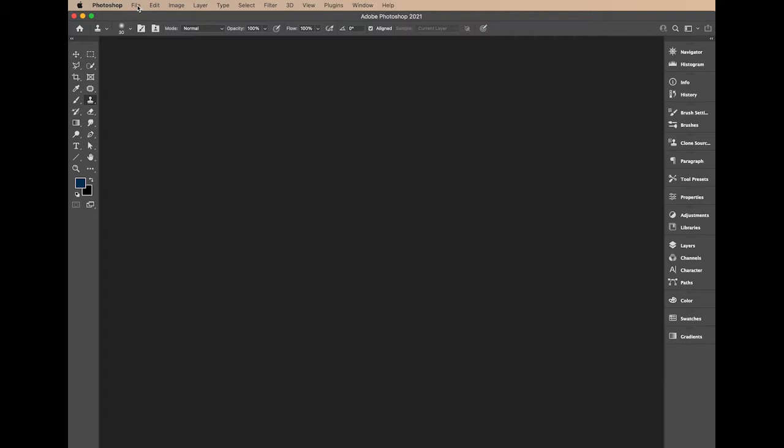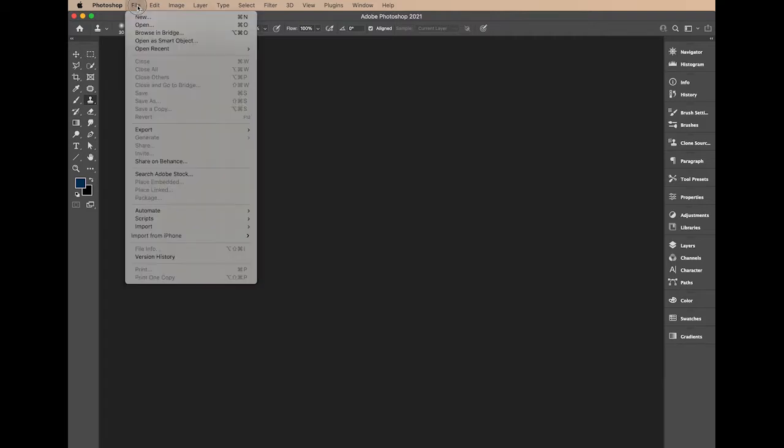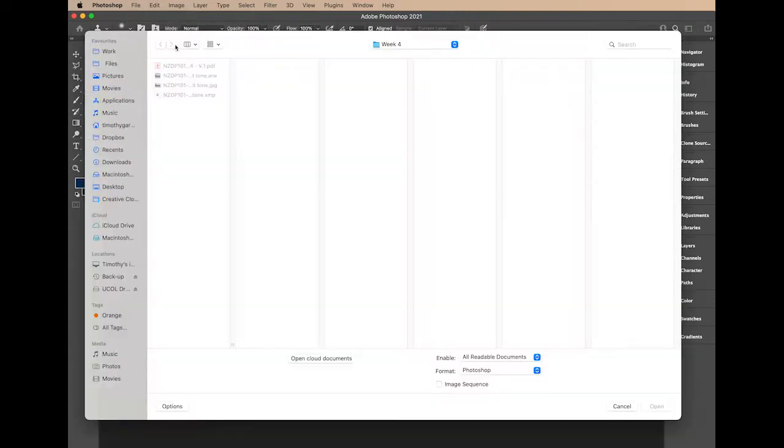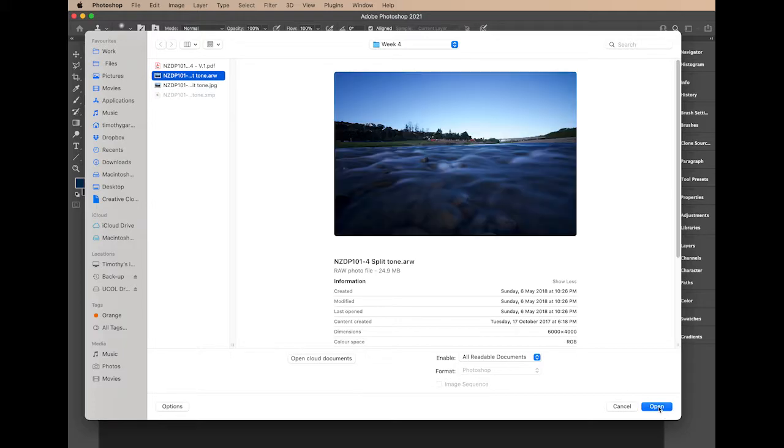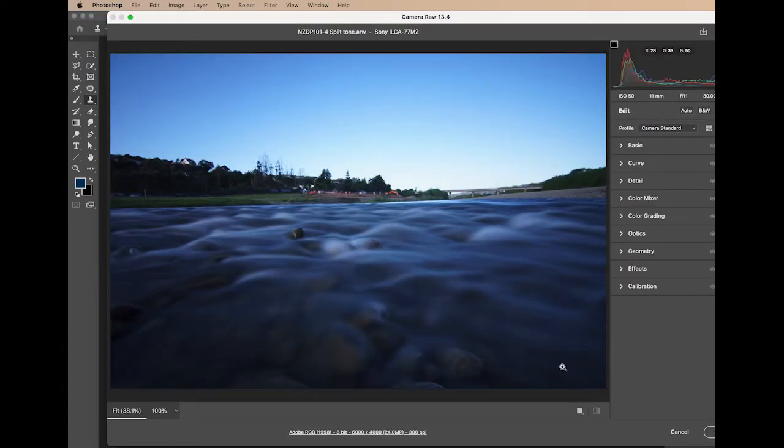To begin with, in Photoshop I go to File and Open as Smart Object. Now I'm going to search for the week 4 split toning image, which of course has now changed to color grading in Camera Raw. That's a new term. So I'm just going to open that and it automatically